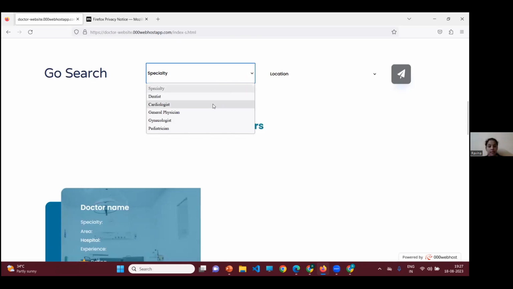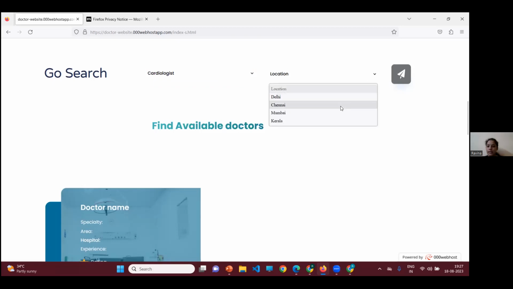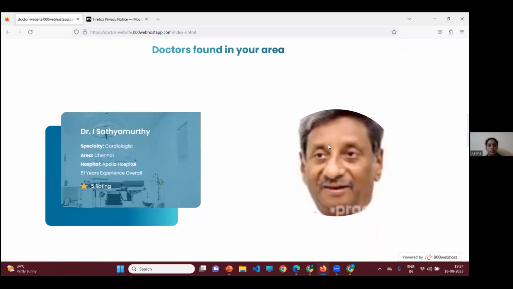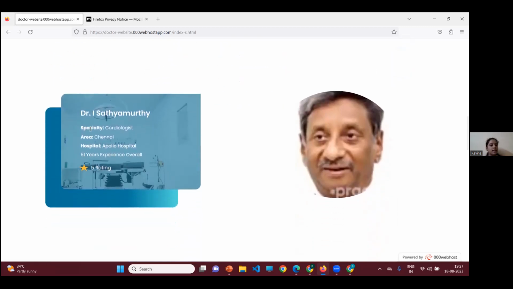So let me take a cardiologist in Chennai. Once clicking this button, I can get the doctors found in the area, and the specialty area and hospital are updated with the information fetched from the database.